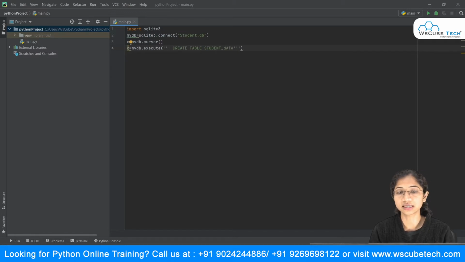Okay, we'll simply say create table student, and inside this I need to pass two values. Suppose inside my table student, I'm having two fields, that is two columns. The first one is the student name, and let's take the second one as the roll number. So I will simply say s underscore name, that is student name, and this is of type